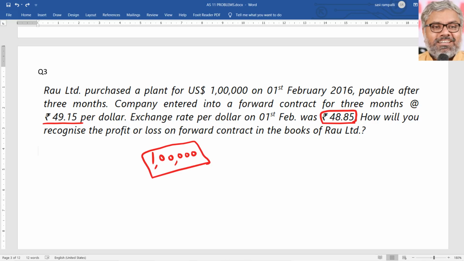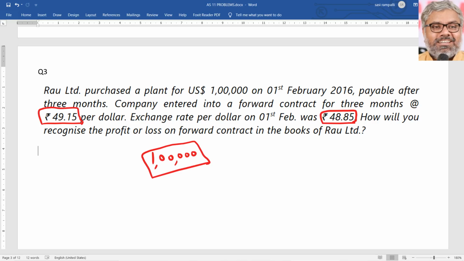So generally speaking, any person or any company will be conservative in limiting their losses rather than imagining or being happy about future possible gains, which may happen or may not happen. So they enter into a forward exchange contract to fix their liability at least, so that it is not going infinitely. The dollar may become 50, 55, 52, 49, or 60 rupees. The losses could be unlimited if we don't enter into a forward exchange contract.